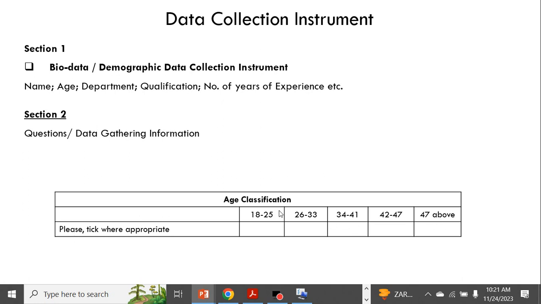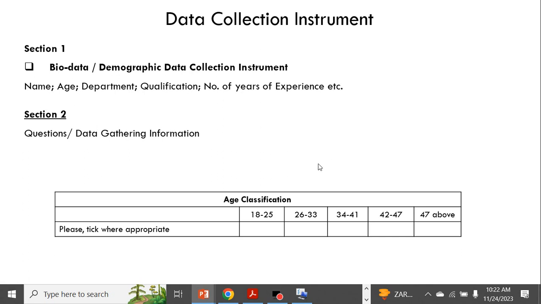Take for instance, for age classification, we have between 18 and 25 up to 47 and above in terms of age. So respondents are at liberty to choose the category in which they feel they belong under the age classification, as the case may be.